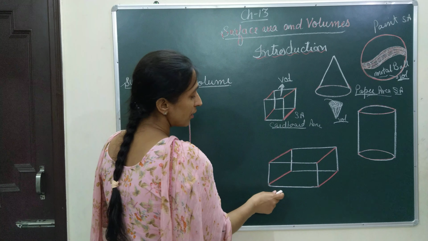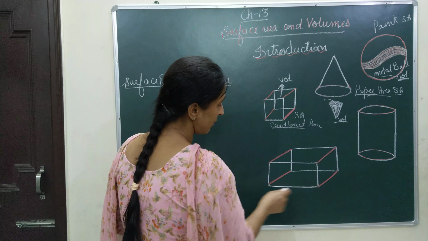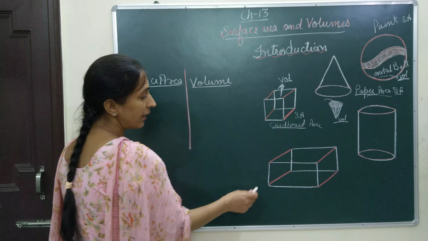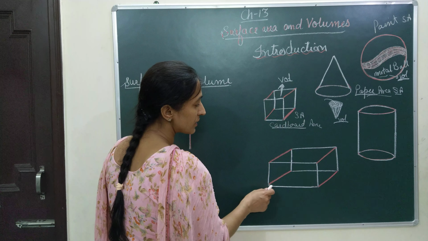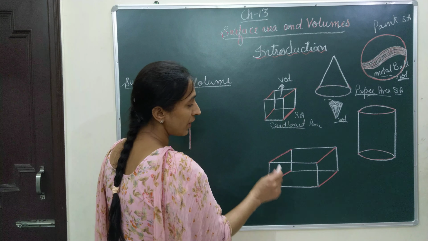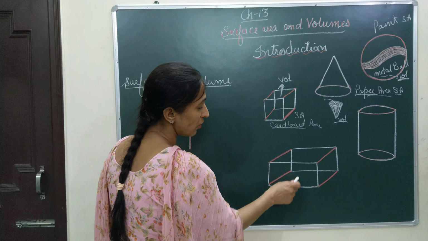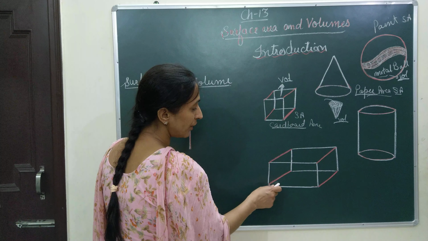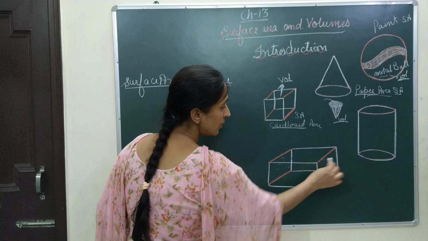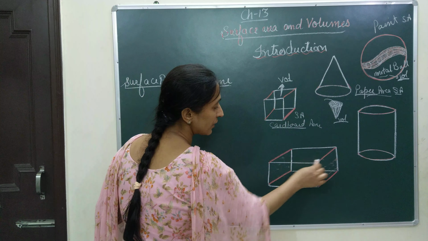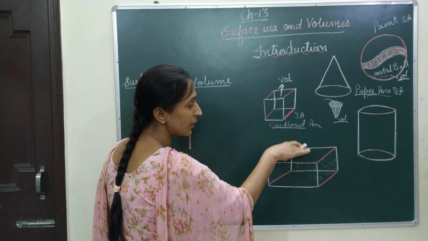Next is a cuboid shape, and here they are saying that this is a room which is in cuboidal shape, and we have to paint or we have to tile these walls and this floor. As you are going to put the tiles on the floor and on the four walls of this room, you are talking about these walls only, you are talking about the surfaces, you are not talking about how much is the capacity.